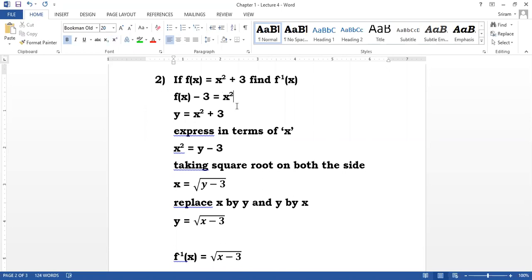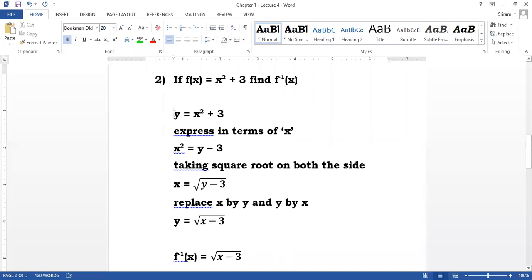When I express like this, what will happen? You may misunderstand. Why here is x, there is another x. Teacher, you are confusing. So I don't want to express like this. I don't want to confuse you. So what I am doing is that I am just taking y is equal to, in place of f of x. I am replacing f of x by y. This is only for my idea.